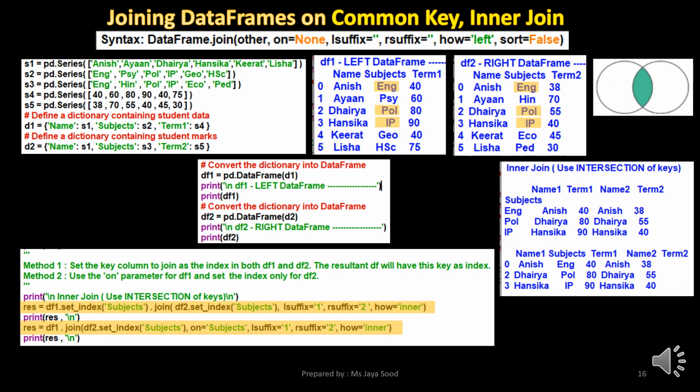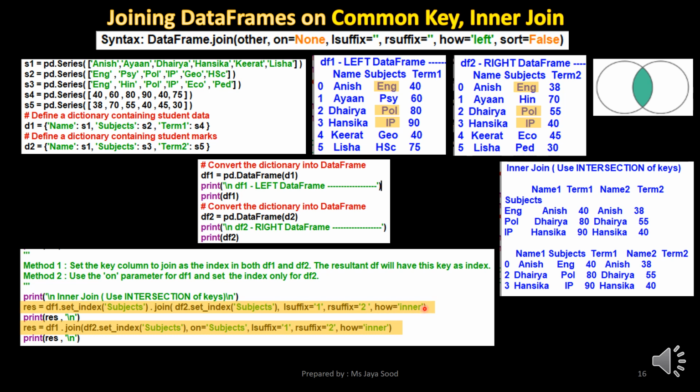Continuing with our example, let us now create an inner join on the subjects column. In method 1, res is created by writing the statement df1.set_index('subjects').join(df2.set_index('subjects'), lsuffix='1', rsuffix='2', how='inner').